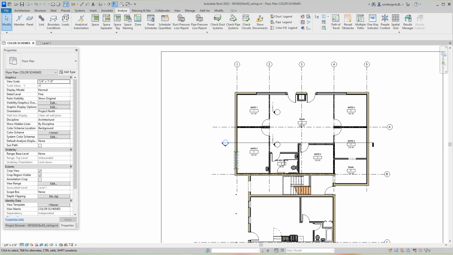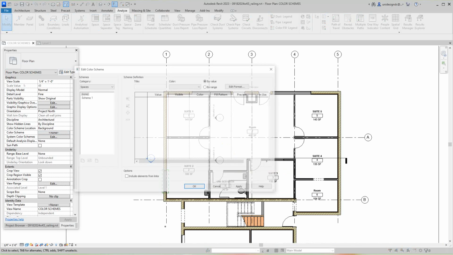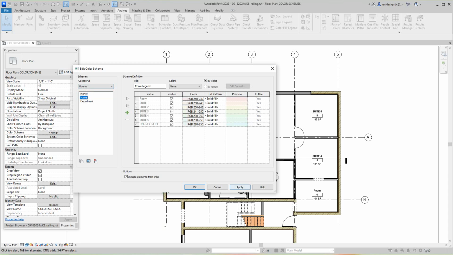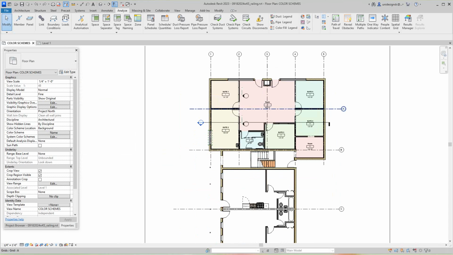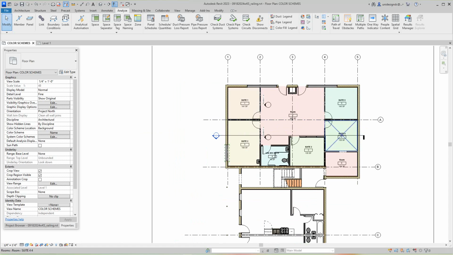Another way, let's go undo that. And let's go into our properties here. To that color scheme. And then you're going to go here with rooms and names. And then click apply. Okay, now as you can see, the colors are showing up here. So that's simple, very simple. That's how you would do your room